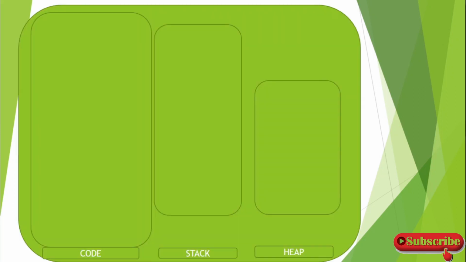Okay, now we will see a simple example showing the difference between the static and non-static members. Here you can see a simple representation of Java memory, and I have divided it into three parts: code, stack, and heap memory. And here first let me create the